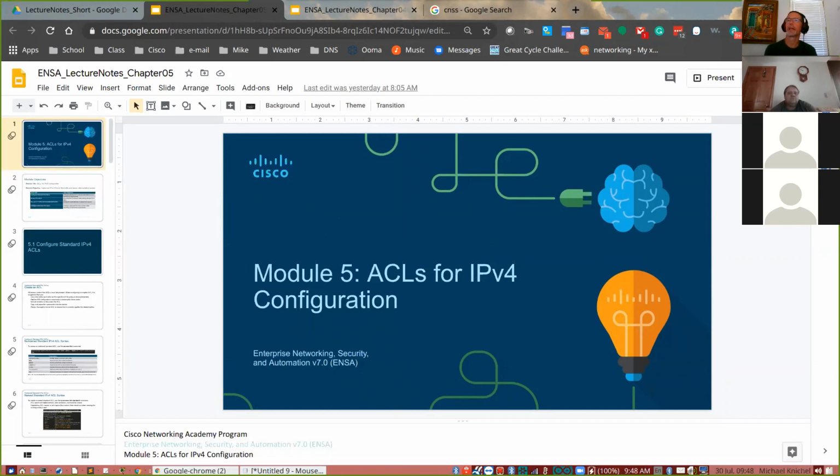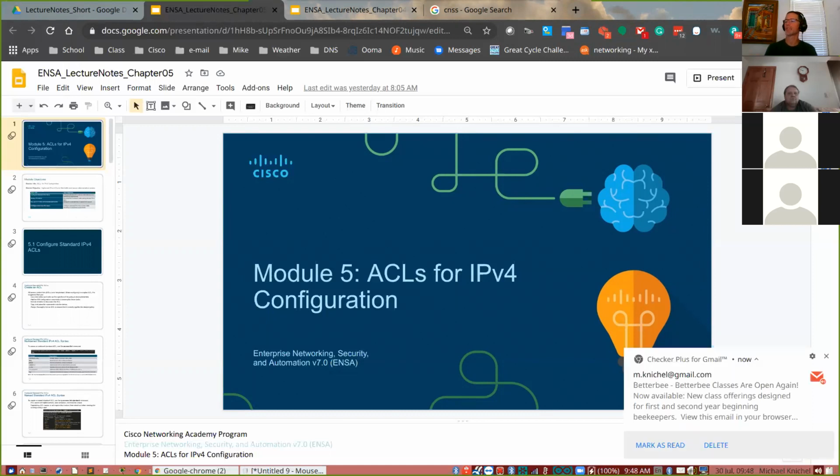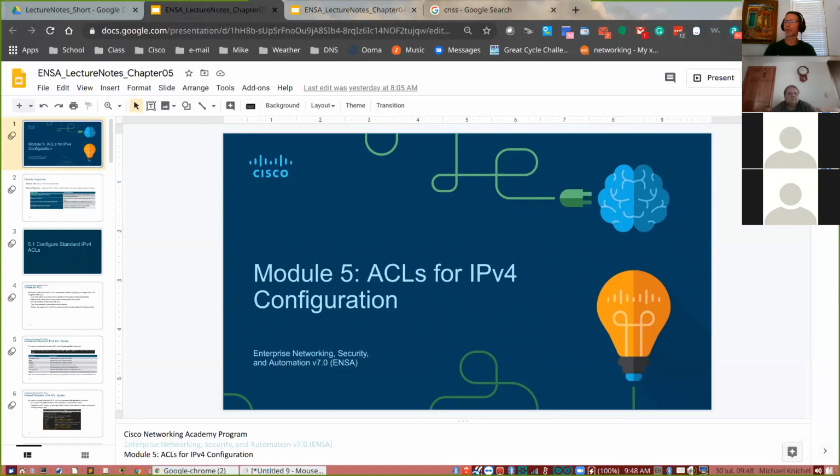You don't upload an ACL file. It's not stored in a special file like the VLAN.dat file for VLANs. These access list definitions actually get put into your startup config and running config. So you just have to copy it from the text editor and paste it into the terminal window.